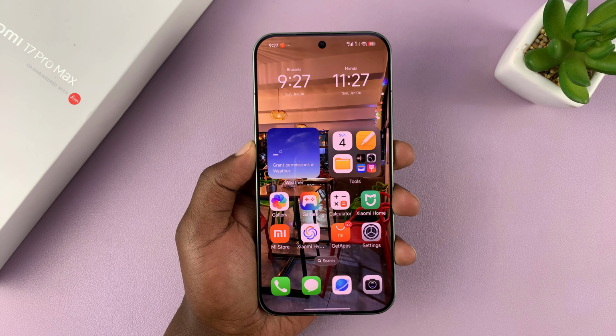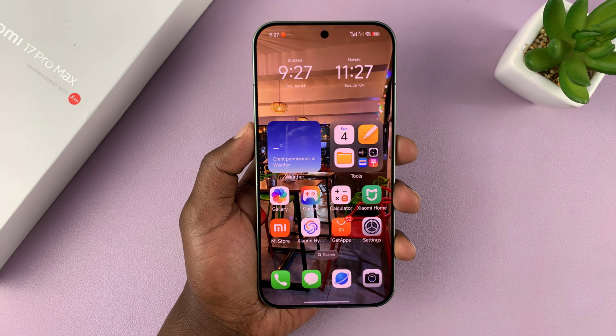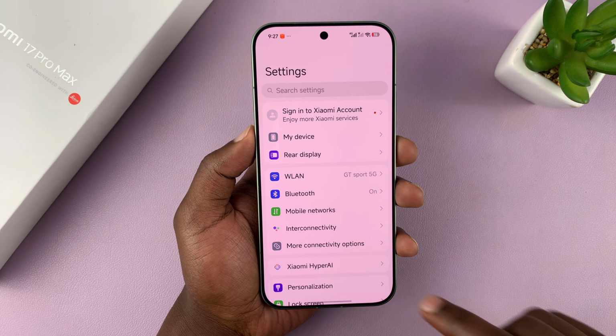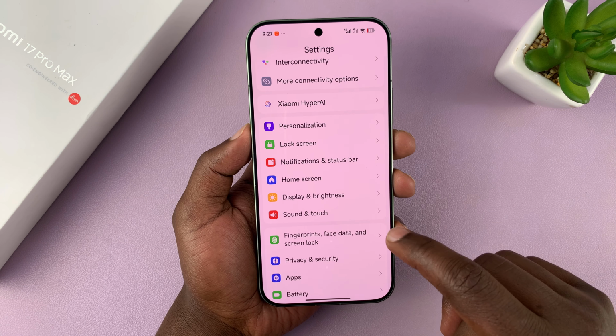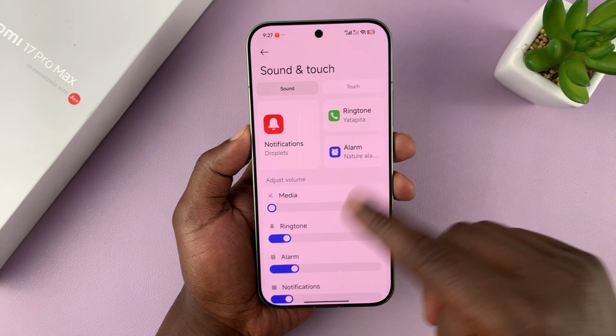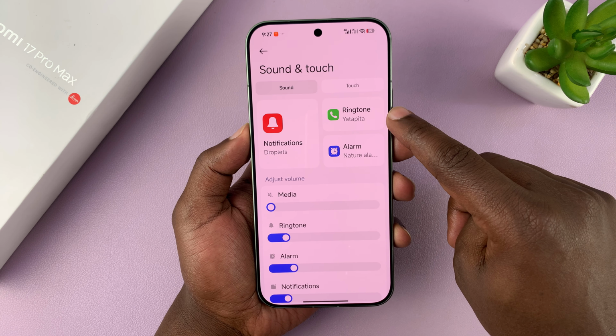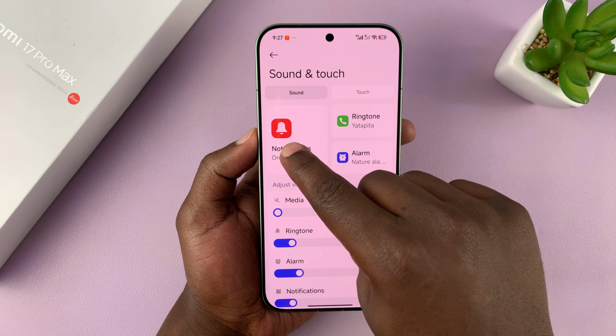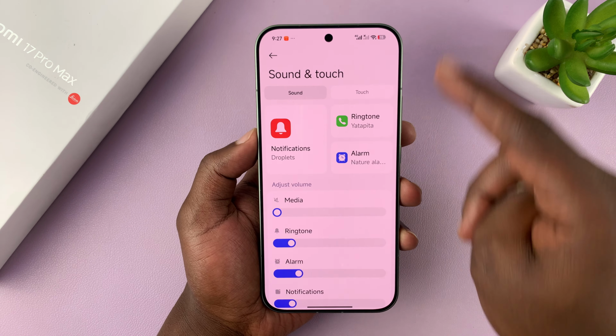So let me show you how to find and manage sound settings on the Xiaomi 17 or 17 Pro. So you want to go into settings, and then under settings, go to sound and touch, tap on that. And then this is where you can basically manage your sound. So you can change your ringtone, you can customize your alarm sound from here, you can change the notification sounds,